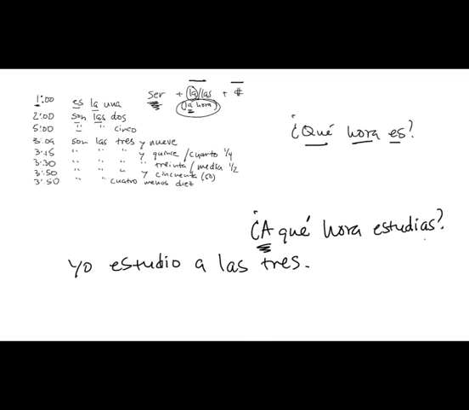Or if the question were ¿a qué hora estudia él? then you might respond él estudia a las seis y media. Okay, at 6:30. So, ¿a qué hora estudias? At what hour do you study? ¿Qué hora es? What hour is it right now? Okay, and finally,